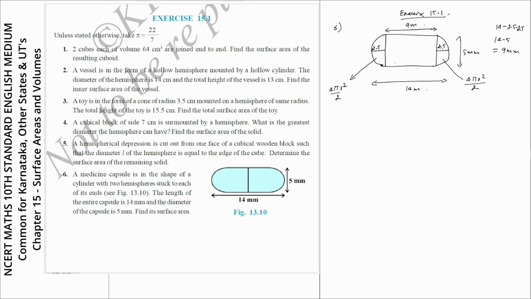And what is the curved surface area of this cylinder? It is given by 2 pi r into h, where r is the radius and height is nothing but 9 mm. Usually the curved surface area of a cylinder is given by 2 pi r h, where h is the height of the cylinder, but here the cylinder is placed horizontally, and h is equal to 9 here. Now the total area